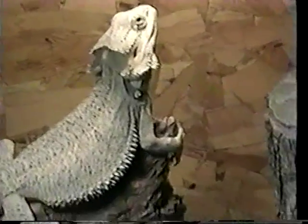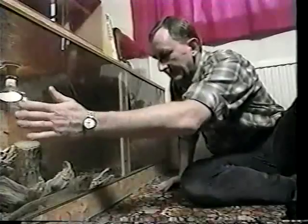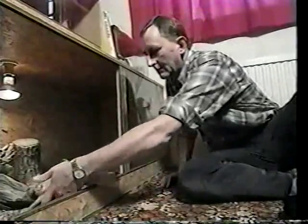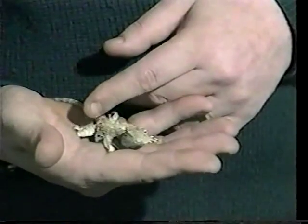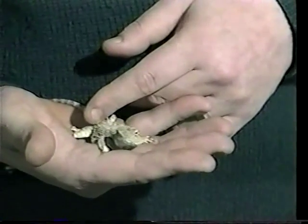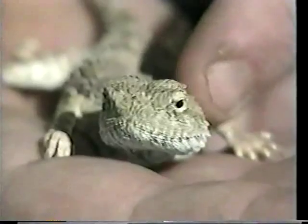Because lizards are wild animals, even if they have been bred in captivity, it's not a good idea to handle them more than necessary. Otherwise, they may become stressed. There are times when you will have to pick up and hold your lizard, though, such as when you clean its cage. You can sometimes persuade small lizards to climb onto your hand, and as long as there's no risk that they'll jump off and run away, this is the best method for delicate ones that might be damaged by